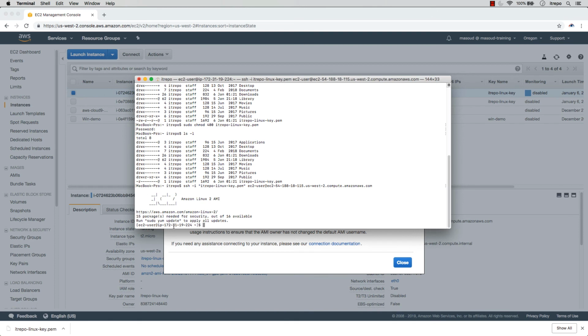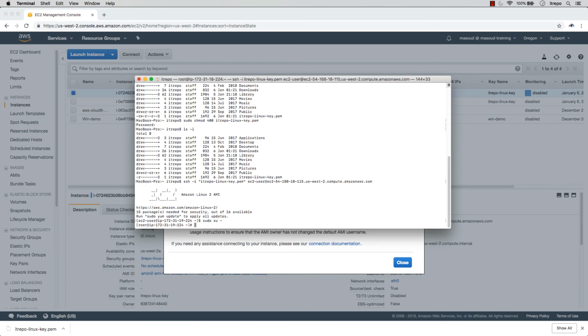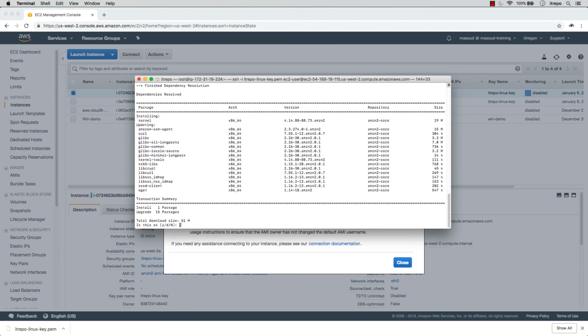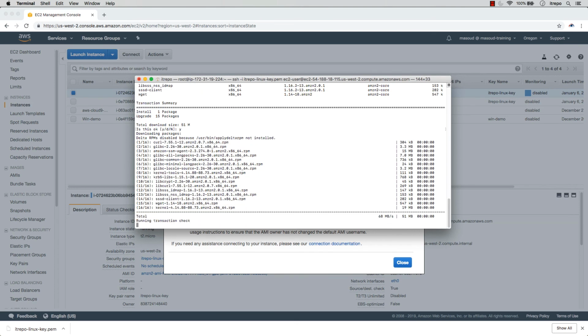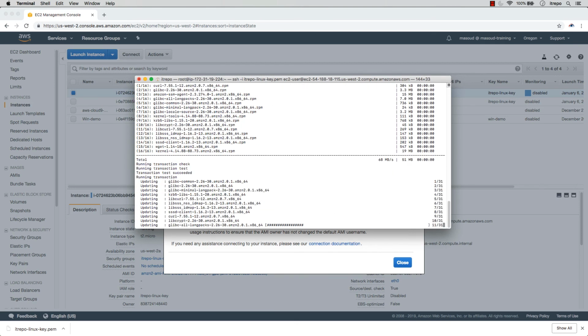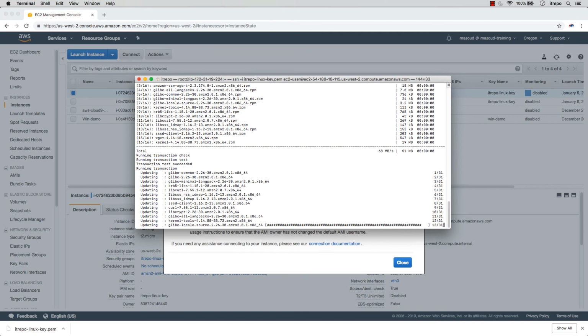And as you can see, now we are inside the Linux machine. And as you can see here, the user that we tried to log in with is ec2-user. So whenever you're using any AWS resources, if it's a Linux machine, the user that you should access is ec2-user. So this is the user that we're trying to use, and you have full access with this one. And technically you can run sudo su - for going to the root. And you can easily type, for example, yum update, and then you are updating any packages in that Linux instance. So everything is going to be up to date and to the newer version,